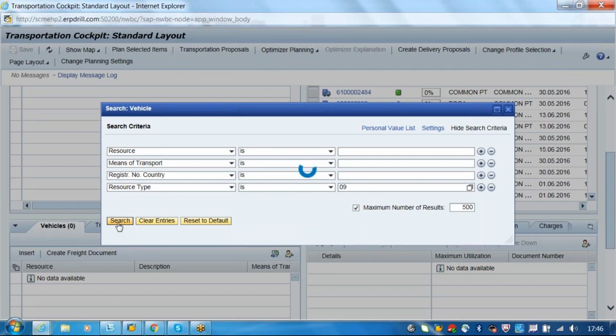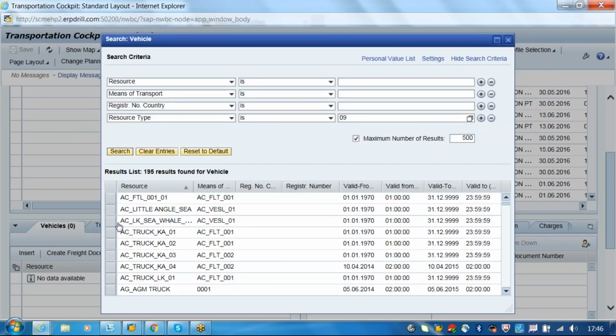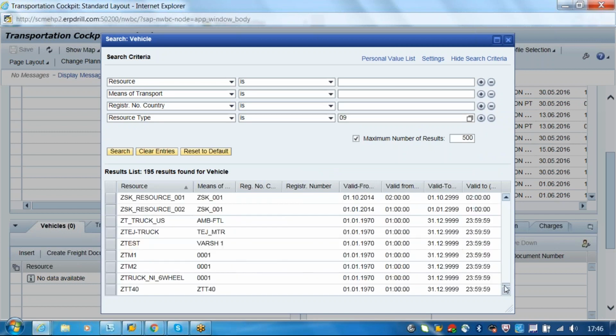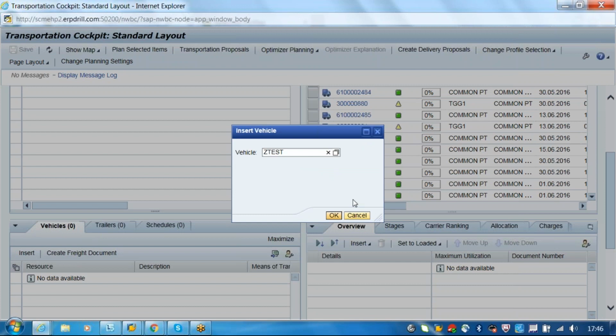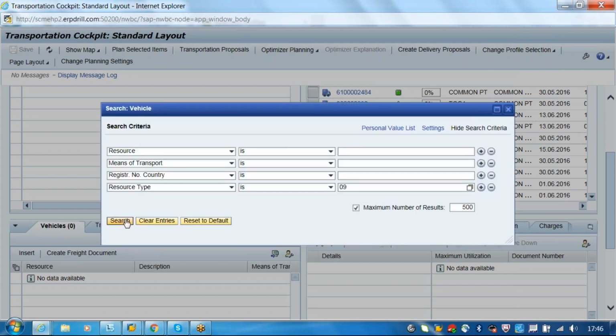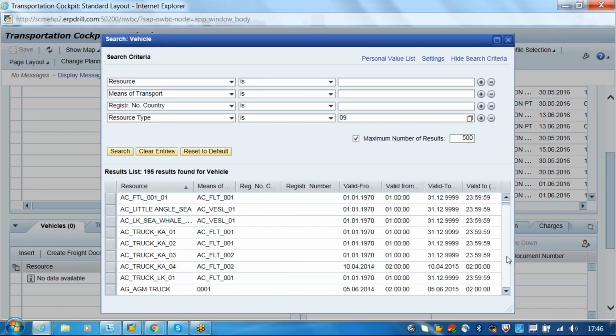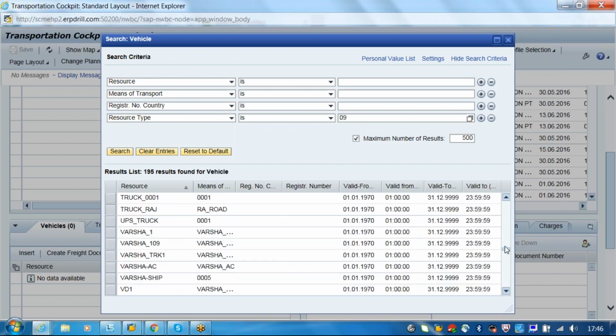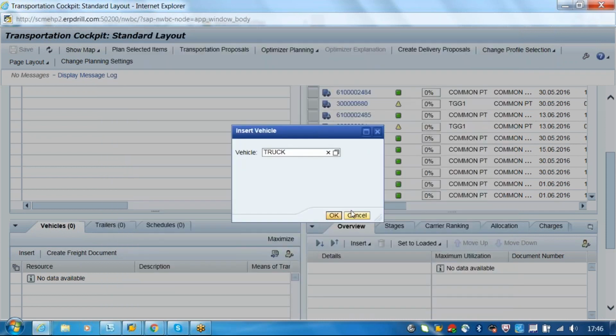I have created a vehicle. Okay, so that vehicle, if you find that vehicle, TMPP maybe, TMPP underscore, TM vehicle.